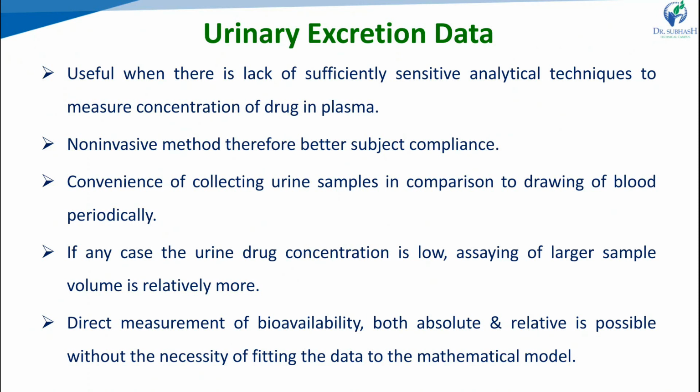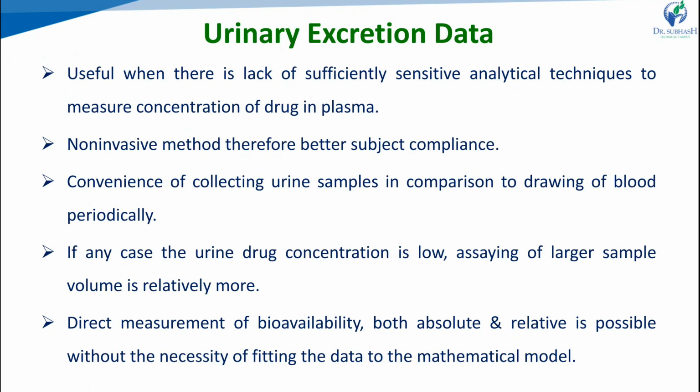We can find out the kinetic parameters, the elimination rate constant and absorption rate constant, by taking a blood sample. So this is one method: we take the plasma drug concentration, the plasma sample. We identify the amount of drug present in that plasma, and we can find all the kinetic parameters like volume of distribution, half-life, clearance, Cmax, Tmax, and AUC. The option here is to take plasma samples and find the drug concentration in the blood.